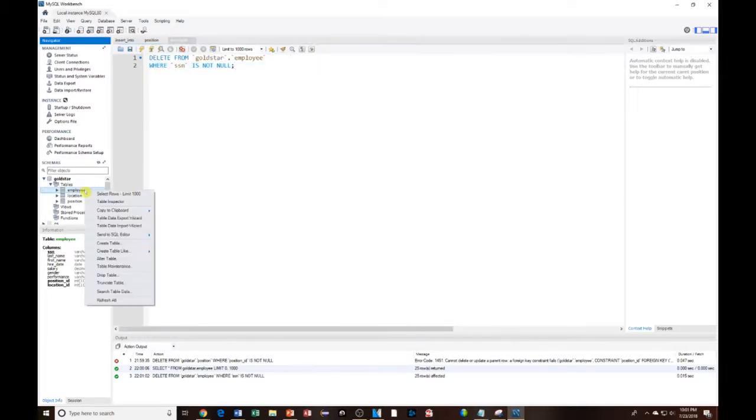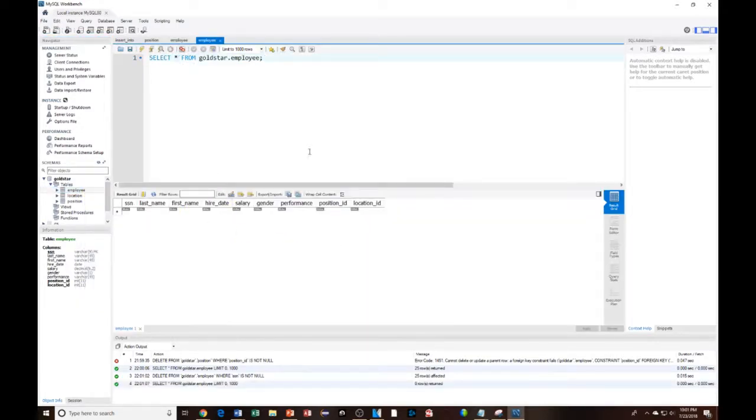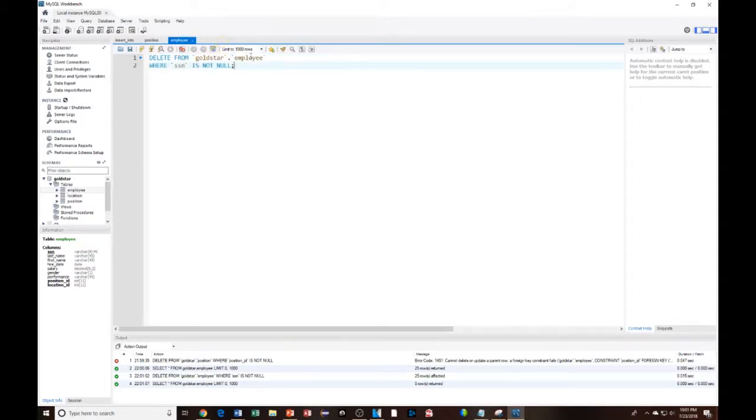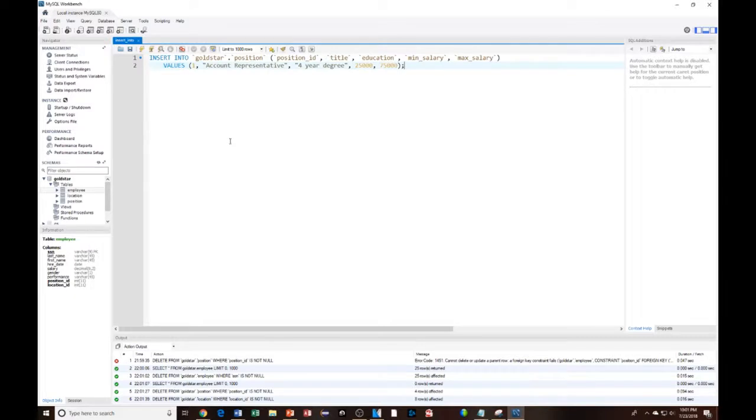So now if I open the employee table back up, you'll see that there's nothing there. And so now I should be able to delete from the other tables as well. So let's delete from the position table where the position ID is not null. Now that works just fine. And finally delete from the location table where location ID is not null. So it seems like we're working backwards, but this will be important information for you when you're working on your project. So now I have a clean database, nothing in the tables,